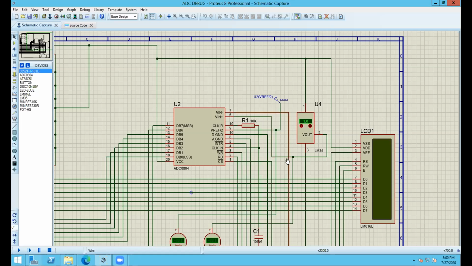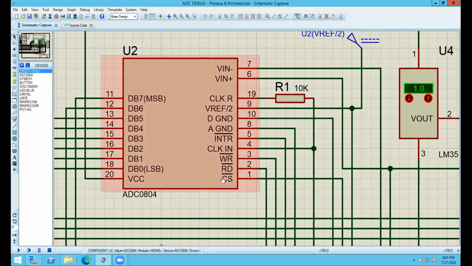Okay, and there are 4 control pins for this particular IC. You can see here, this is chip select bar. You ground this chip select pin, this whole chip will be activated. If you pull this chip select to power, this chip will be turned off. This is chip select bar, CS bar. We have RD bar, we have WR bar, which is read bar and write bar. And we have interrupt bar.